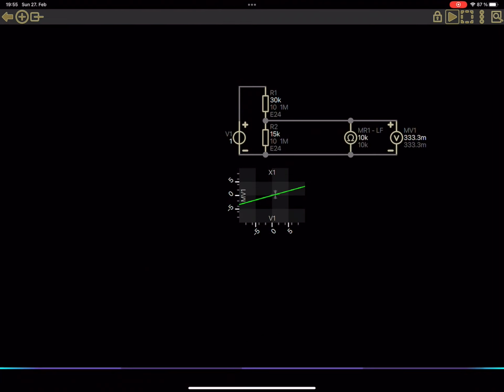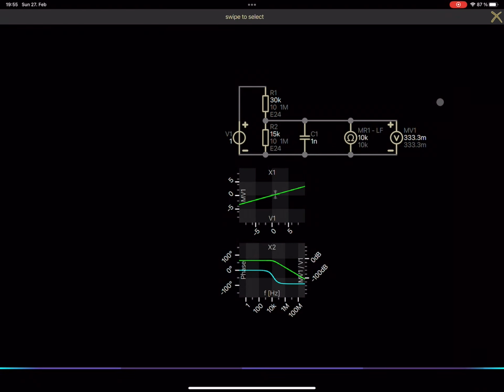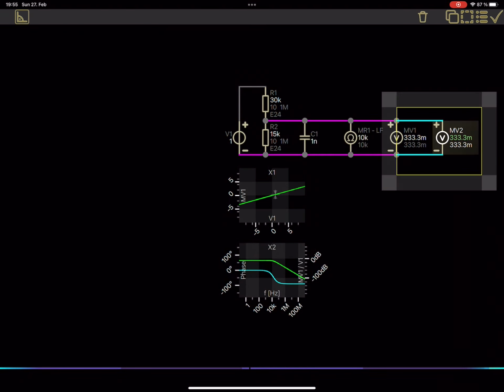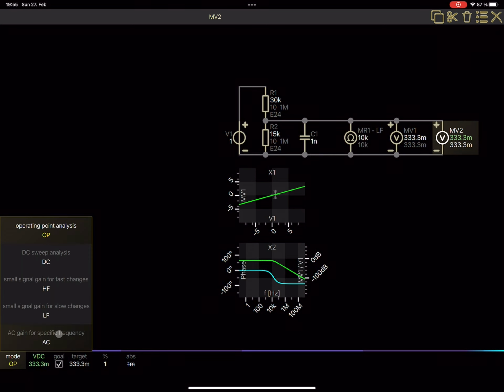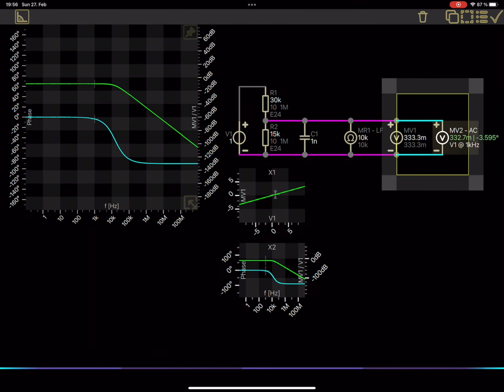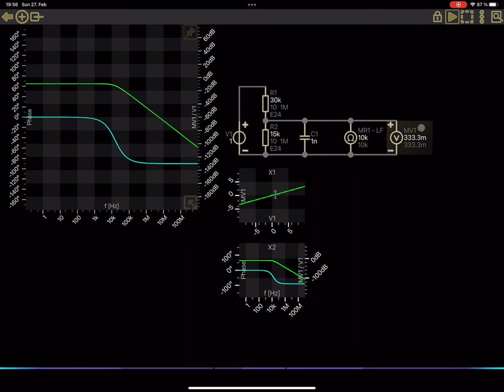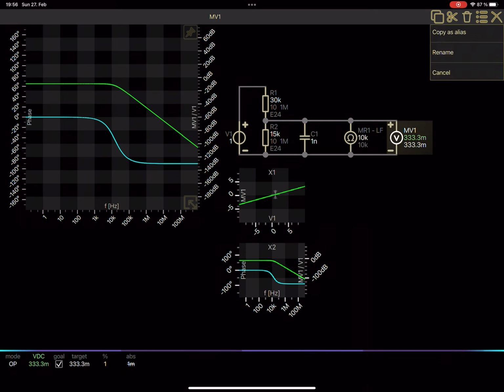Okay, so now we'll use our newly gained filter design skills to provide the voltage divider with a bandwidth limit. Let's drop in a capacitor and add a Bode plot. To get a cursor in the Bode plot, we could simply wire a second voltmeter with AC mode setup to the output. However, CircuitShepherd provides a more convenient way to achieve this by allowing us to copy an already wired